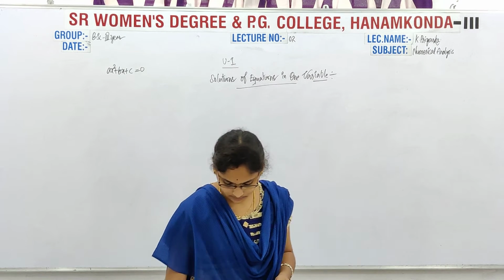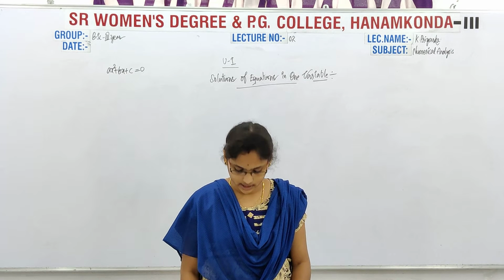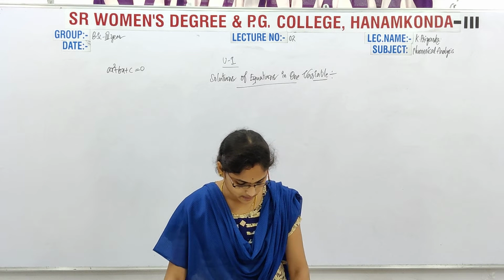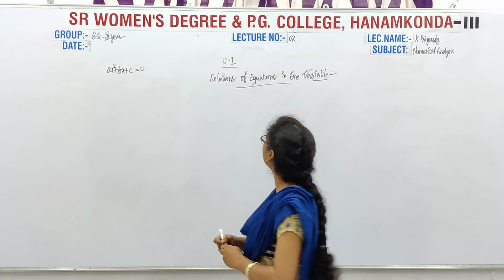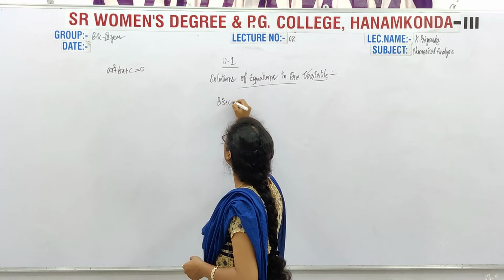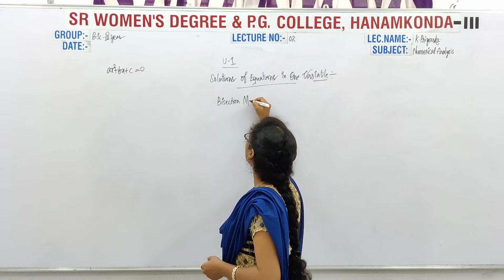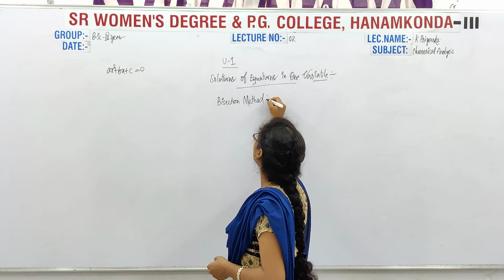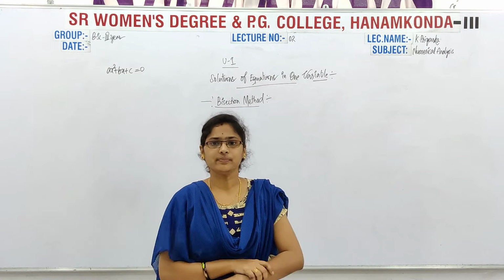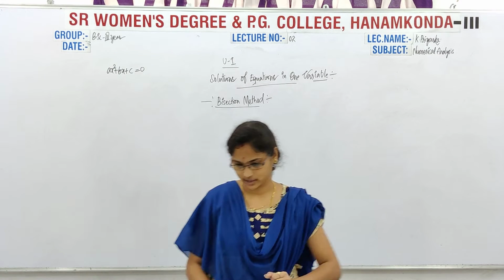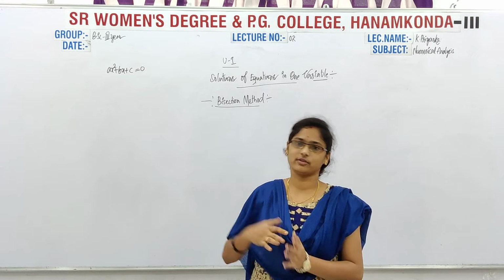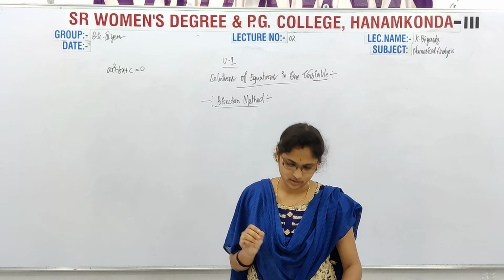Already I said that the first chapter is the bisection method. So of course, this is the unit name and the chapter is nothing but the bisection method. Now before starting the bisection method, I want to give the clarity about this easily. First of all I will say an easy method, then after that we will go for the next. Okay, so just give me a second.